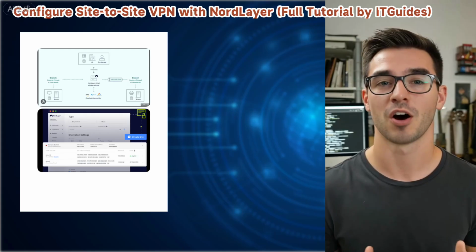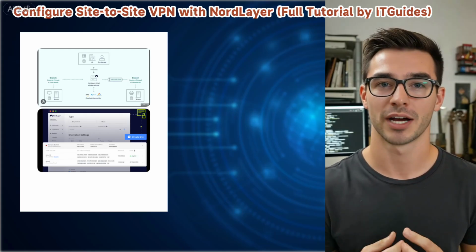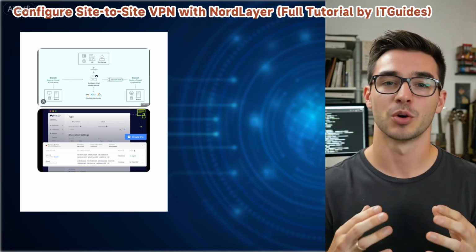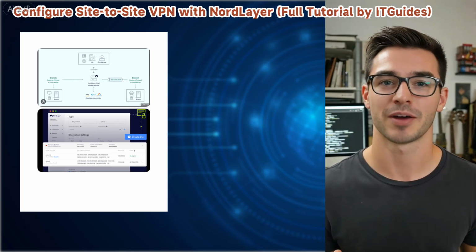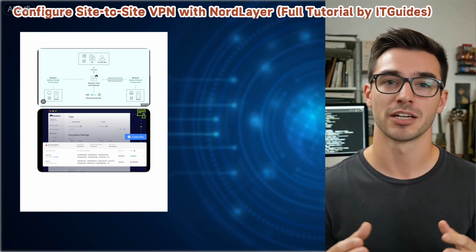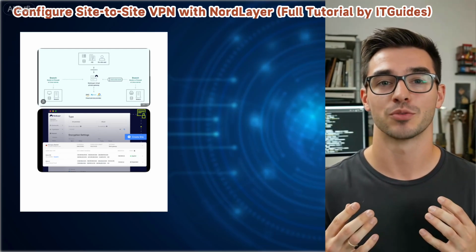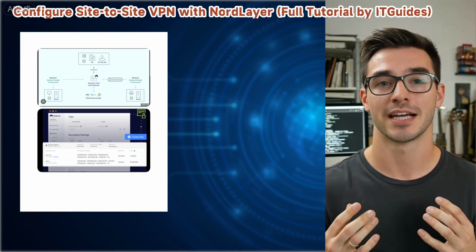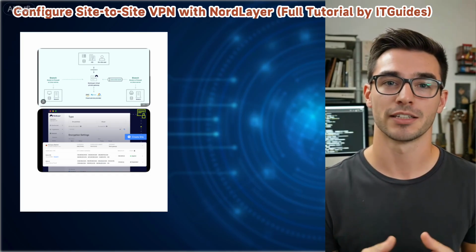9. Harden and finalize. Use certificate-based auth instead of PSK where possible. Restrict allowed subnets to the minimum required, least privilege. Monitor tunnel health and enable logging or alerts. Document the tunnel configuration and recovery steps. Quick example, conceptual: on-prem public IP 198.51.100.10